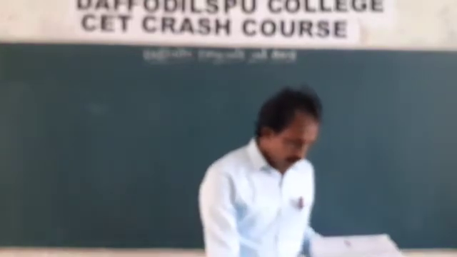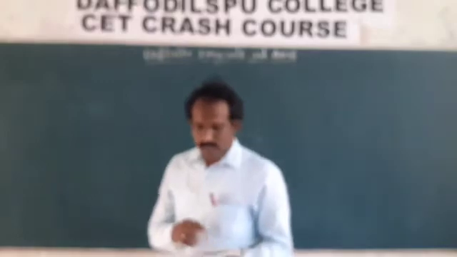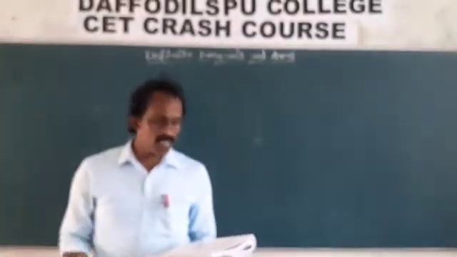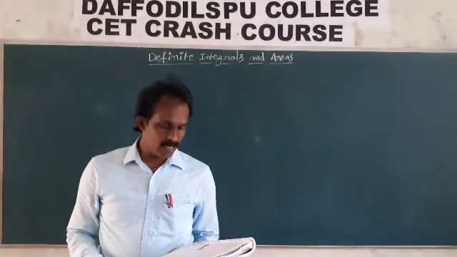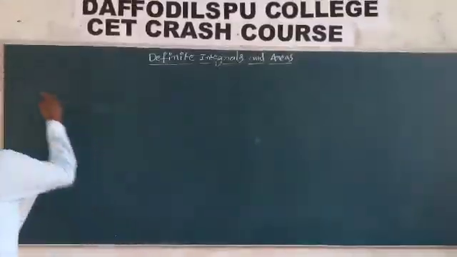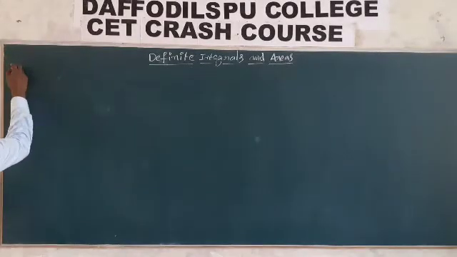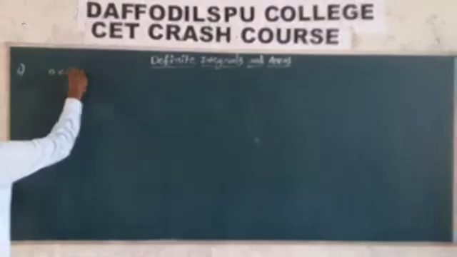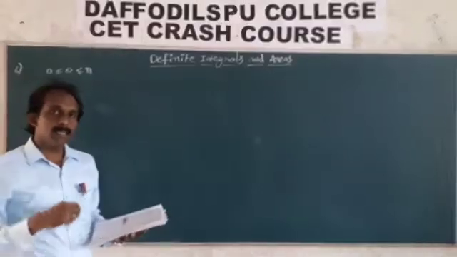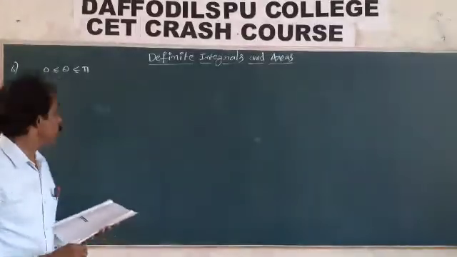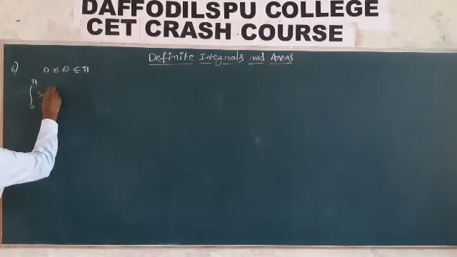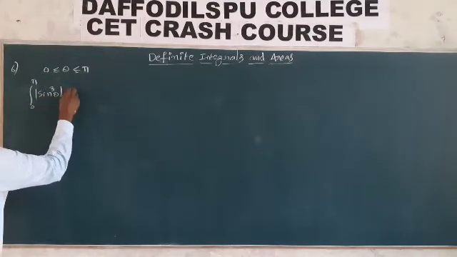The value of the integral from 0 to pi of sin cube theta, modulus of sin cube theta d theta. So 0 to pi, given theta is between 0 and pi. Clear? In this quadrant, the sine value is positive, so that implies the integral from 0 to pi of sin cube theta, modulus of sin cube theta d theta.